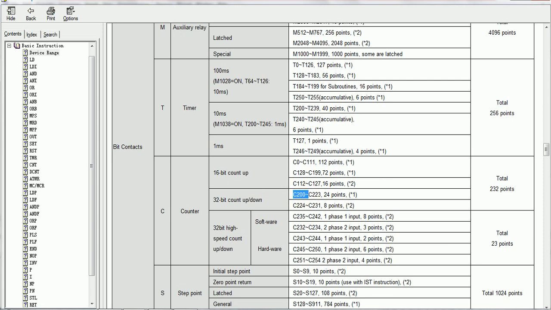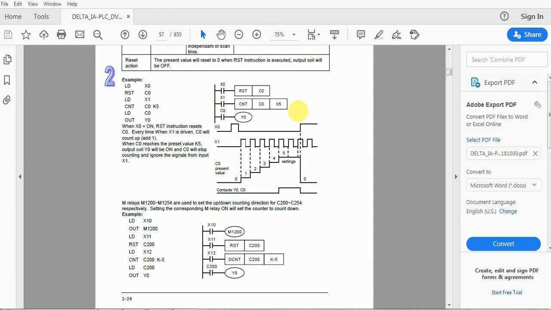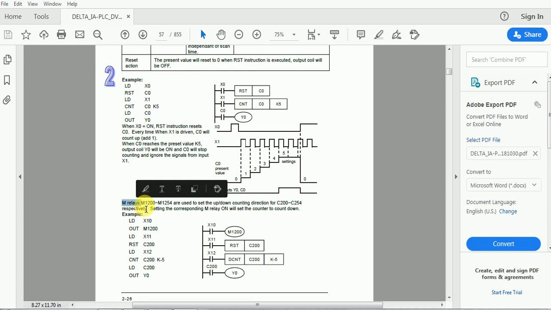Okay, and this is the operation manual of the PLC, and you can see the M relay. M1200 to M1254 are used to set the up and down counting direction of C200 to C254. This is our up and down counter, and to select the direction, up or down, this memory relay bit will be used. So for C200 we will use M1200.